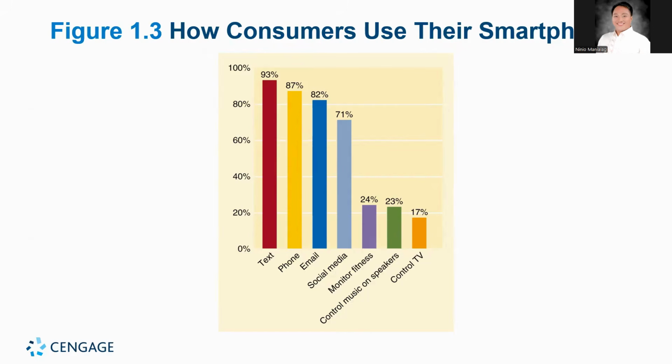Aside from communication and marketing activities, smartphones are also used to support personal lifestyle and daily activities, where 24% is for monitoring fitness. Some customers use smartphones to track their health and fitness activities through applications that monitor exercises, daily steps, and wellness goals. Fitness applications help users monitor their daily activities and encourage a healthier lifestyle. Smartphones also provide entertainment functions that allow users to control different devices and experiences. So, to control music on speakers, that's 23%. Smartphones can connect with other devices, allowing users to control